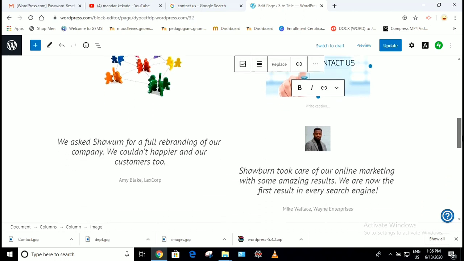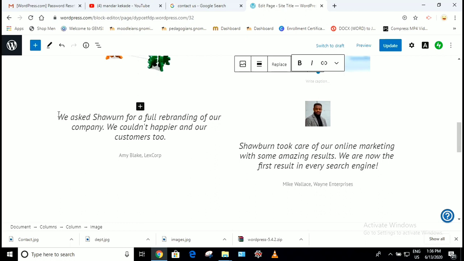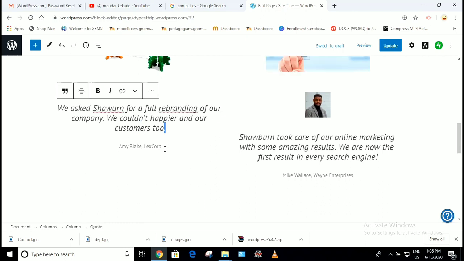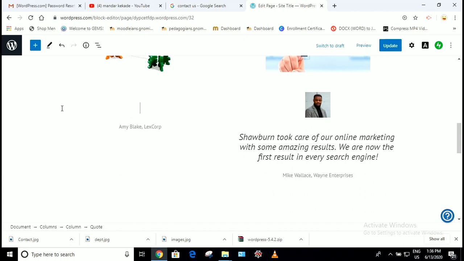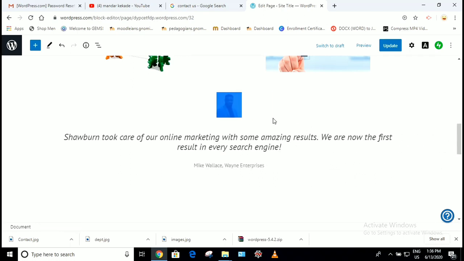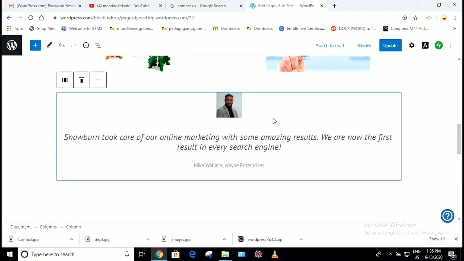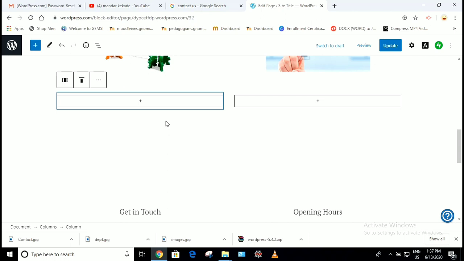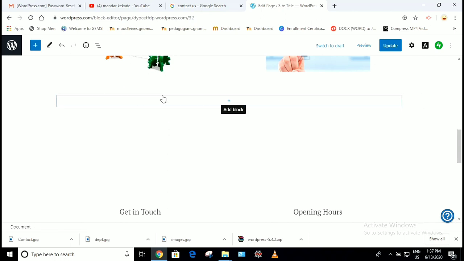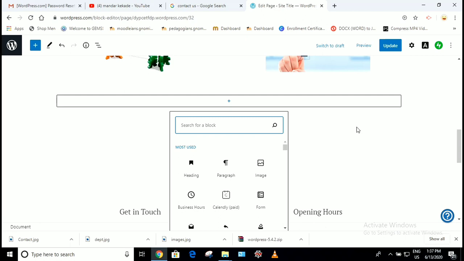Okay, now if you scroll down here, again there are some contents that are predefined or pre-built. If you don't want this also, you can select it and just delete it. If you want to add your photo and information, you can add, but I don't want to, as it is a college website, so just delete it. If you want to add more columns, no, so you can click on skip here. Just press the delete button, again the delete button, and your columns will get deleted.